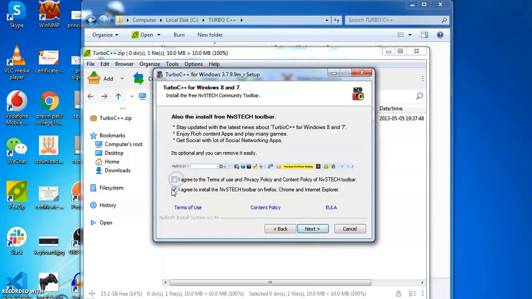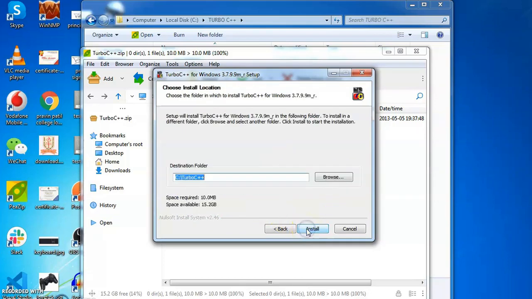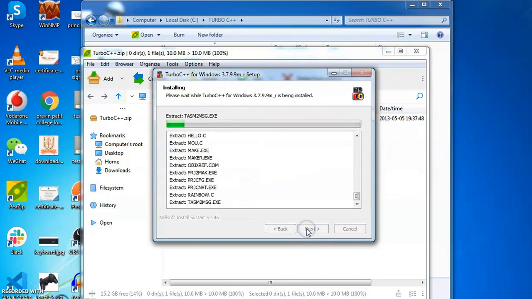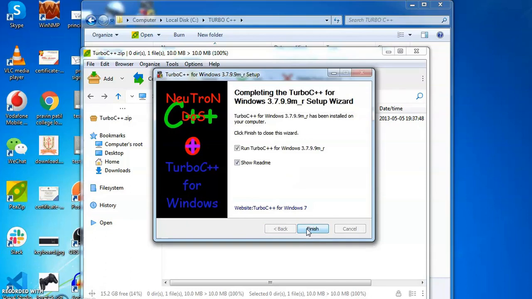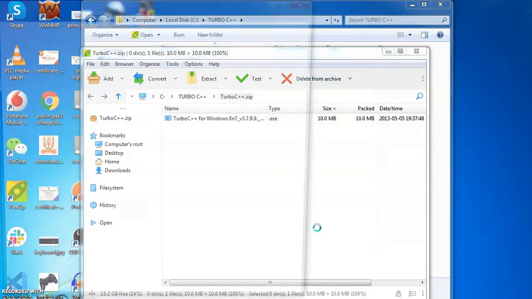Remove this tick mark. Press next button. Now press install. After installing, press on. There is a checkbox run Turbo C++ for Windows. So remove this and press finish.